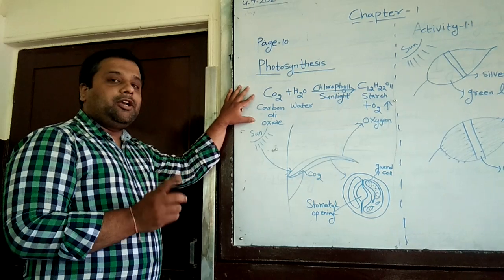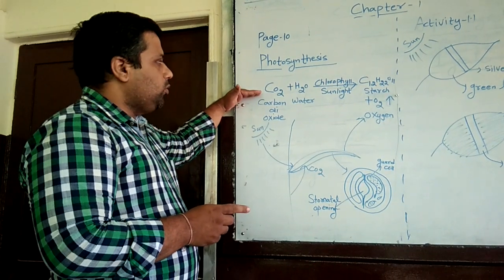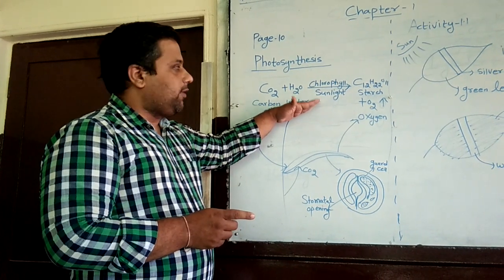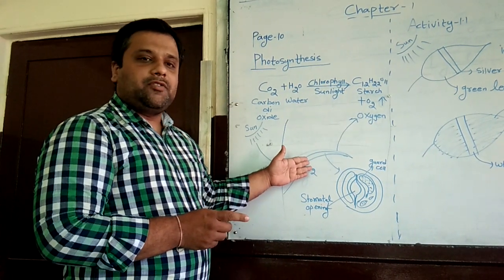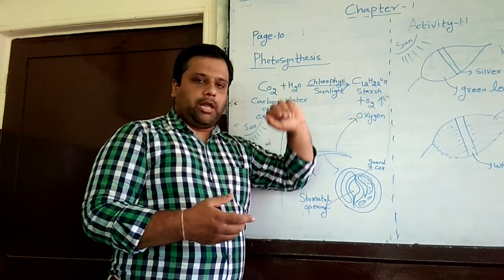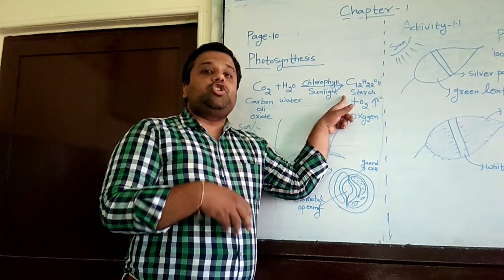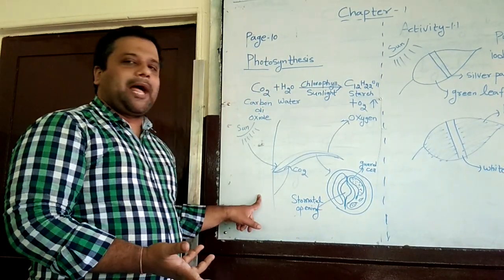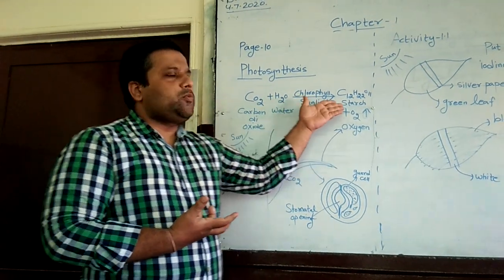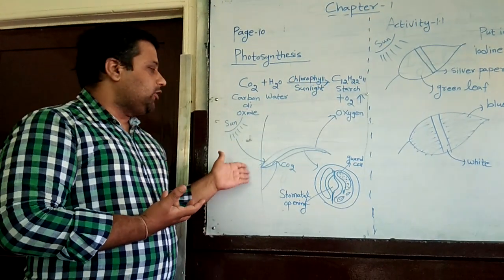Now the things required in this process are, first, carbon dioxide, CO2, water as H2O, and chlorophyll and sunlight are also required. Chlorophyll is present inside the plant leaves, which is why the leaves are green. Then C12H22O11, which might be a new formula for you, is starch, produced as a product inside the plant. Like we take glucose for our energy requirement, the plant also produces starch for its energy requirement. That is the ultimate energy source through which the plant grows.